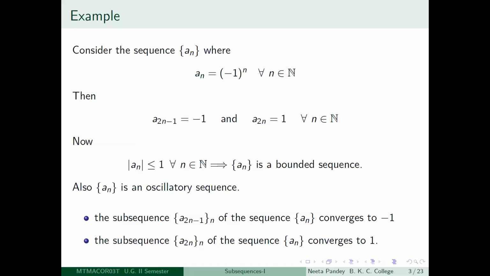So in how many ways can you do this? You just fix how many finitely many first terms, and you choose randomly there. Say for example, the first 100 terms of the subsequence, you take it to be anything from the original sequence, keeping in mind that the arrangement remains the same,